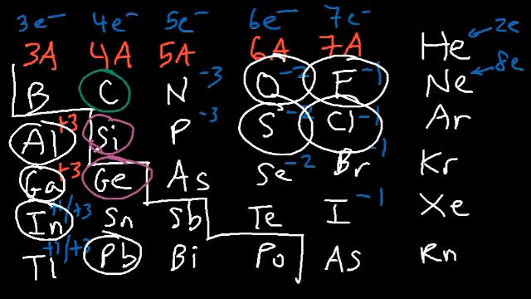So carbon, for the most part, is considered to be a nonmetal. Silicon and germanium are metalloids. Tin, think of a tin can. Tin is a metal. Lead is a metal. So as you go down the periodic table, the elements are becoming more metallic, which